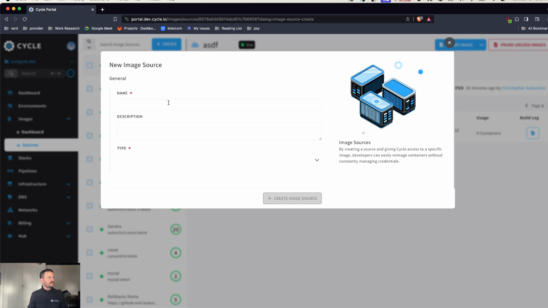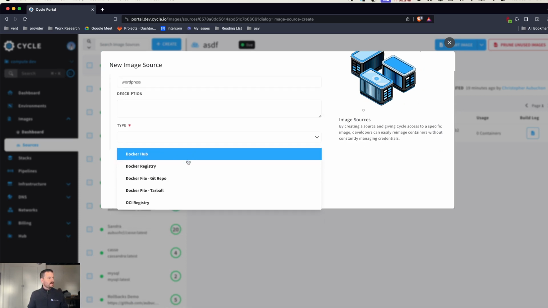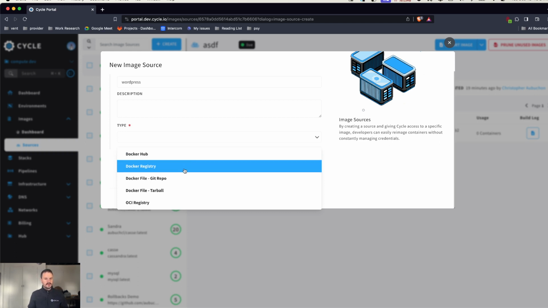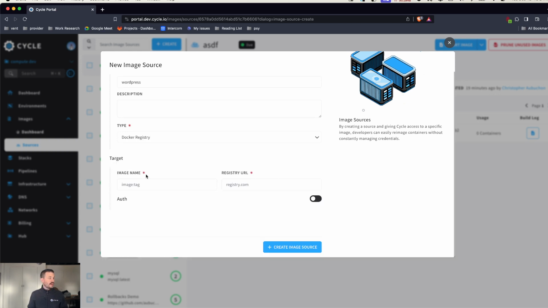Press back instead, here we go. Let's call this WordPress again. And so we can get this from Docker Hub as WordPress, but something interesting to take a look at here with Docker Registry is I can actually just say